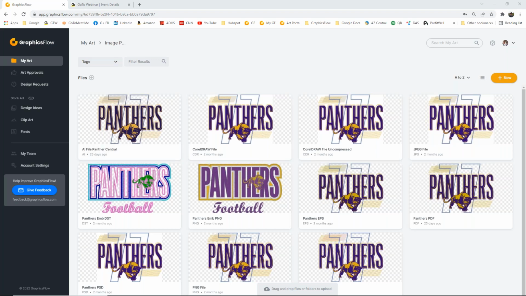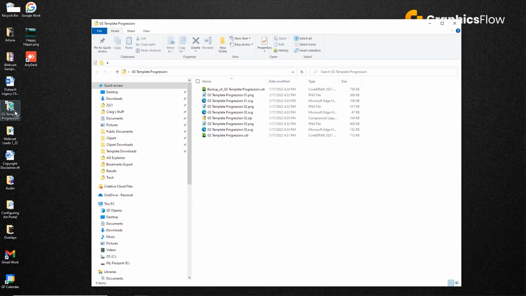First thing I want to talk about, file format previews. Not every graphics format has a preview, meaning you can see the actual file without opening it. One of the things that you are probably not necessarily tuned into is when you are running Smart Designer, our add-on software for Corel, and you are saving certain files